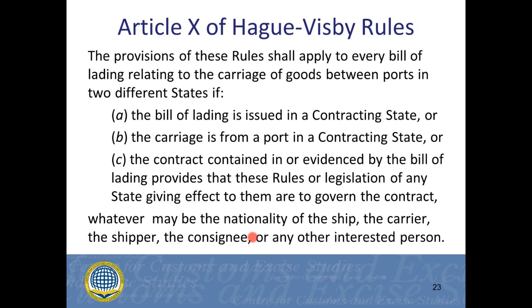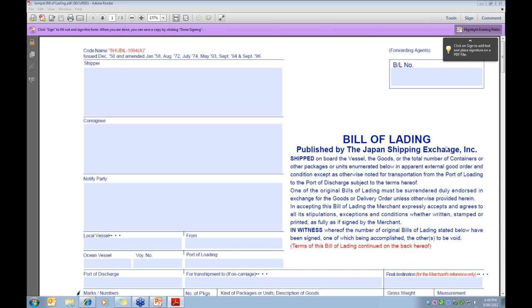If it's impossible to determine by looking at the contract, look at the relevant conventions and look at the scope of application provisions in those conventions. I'm going to leave the presentation for a minute and show you an example of a bill of lading. This is a bill of lading that is used by a Japanese company, and you can see that